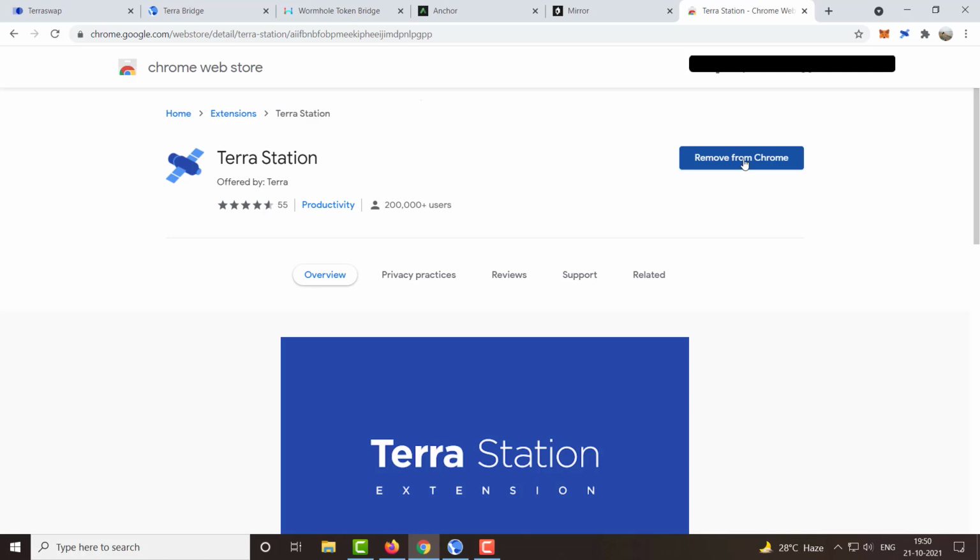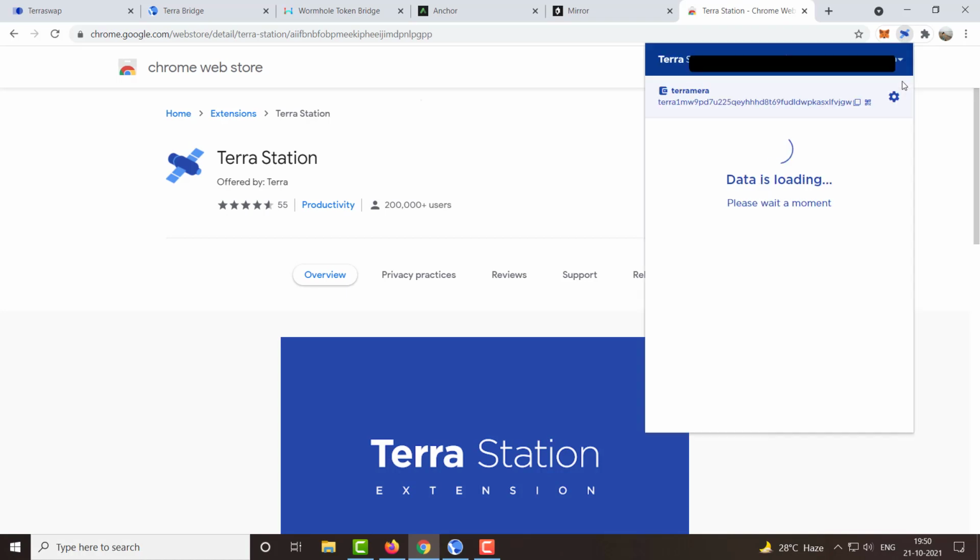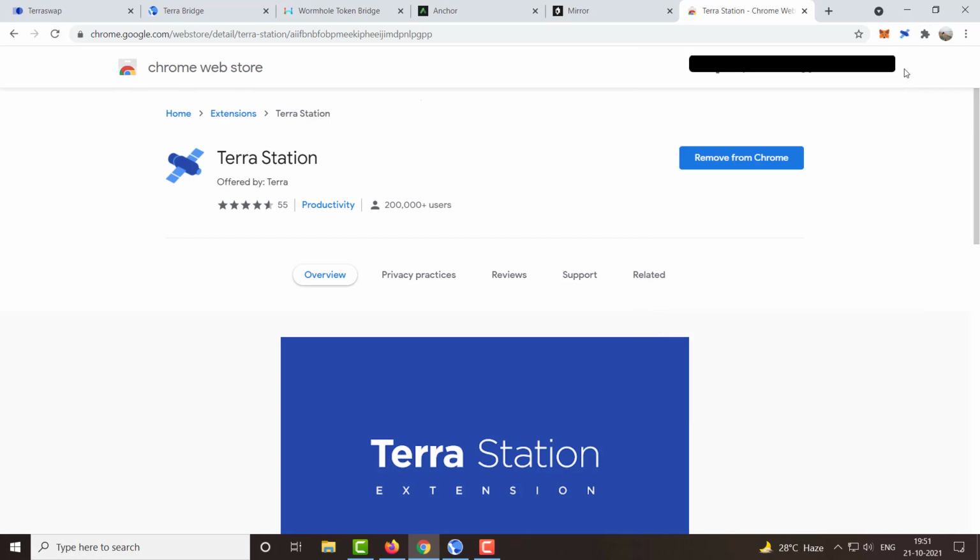So after you download this application and you make one extension out here, the extension will pop up somewhere about here in your Chrome browser. You just need to go ahead and load your wallet. If you are making a new wallet, you can make the wallet and store your seed phrase. Do not show it to anyone else.